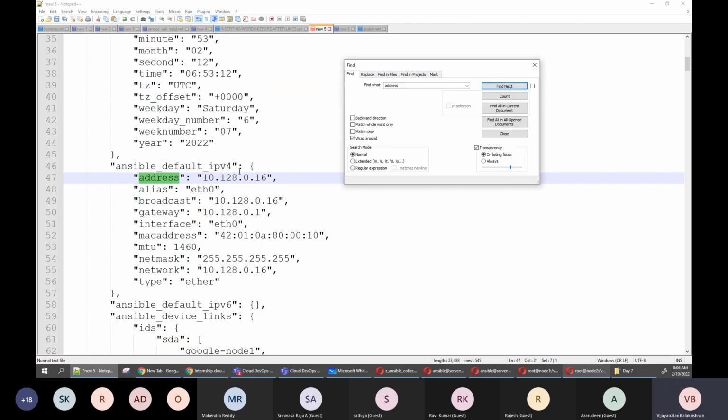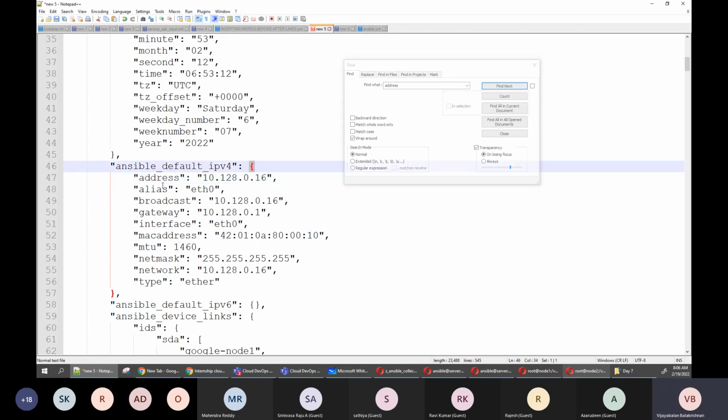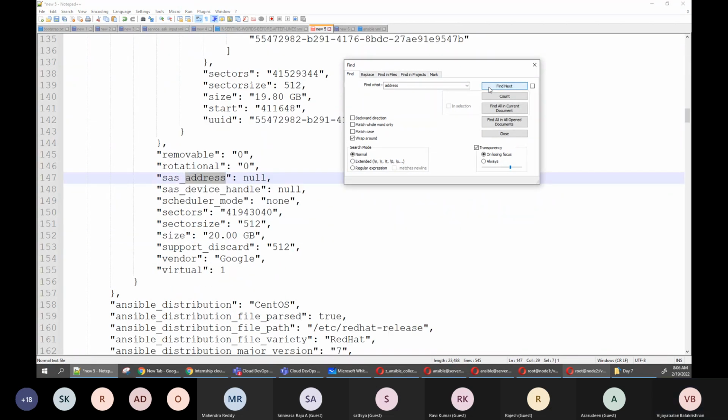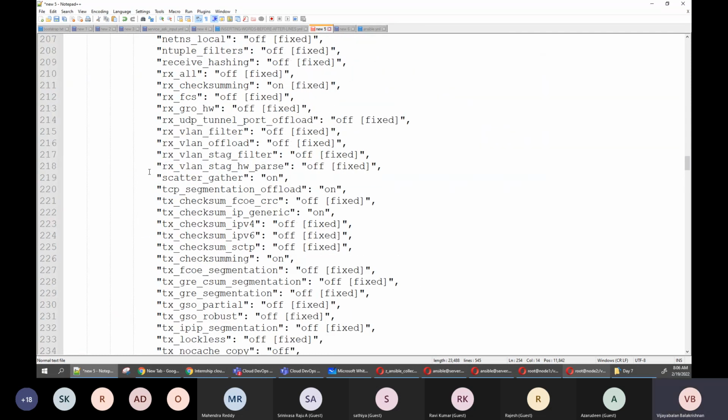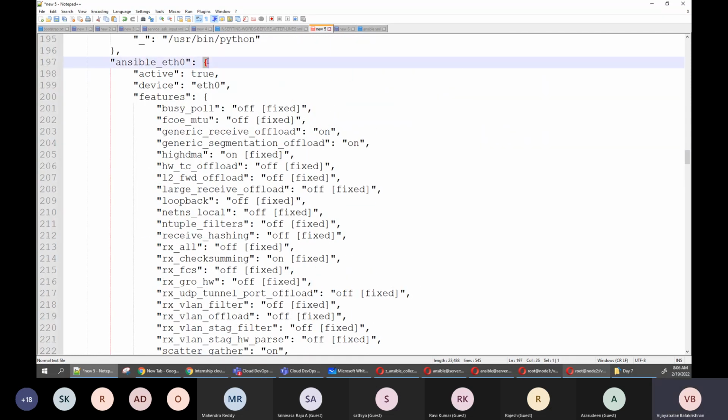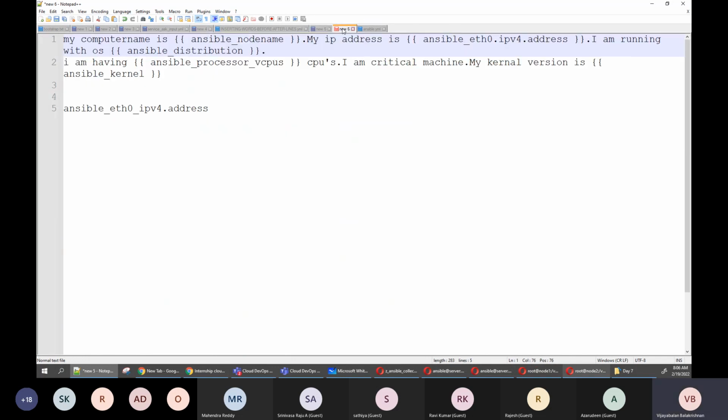So dot. That means after the curly bracket, it should use a dot. Okay. So we can go here. So that means ansible_eth0.ipv4.address. Because if you look at this, they started the curly bracket. This is exactly what we did in the custom register. So go here. Let us change.